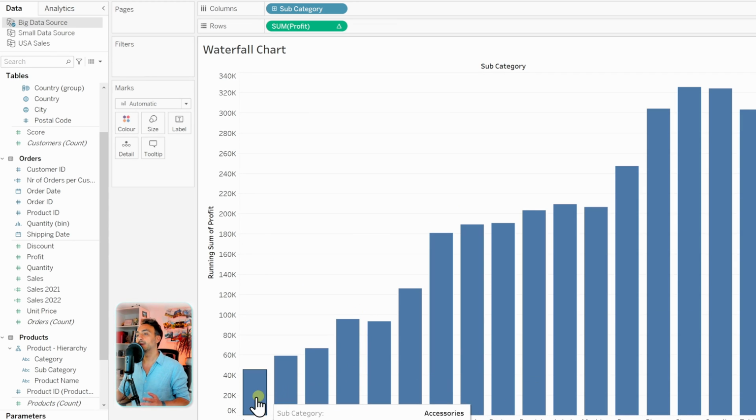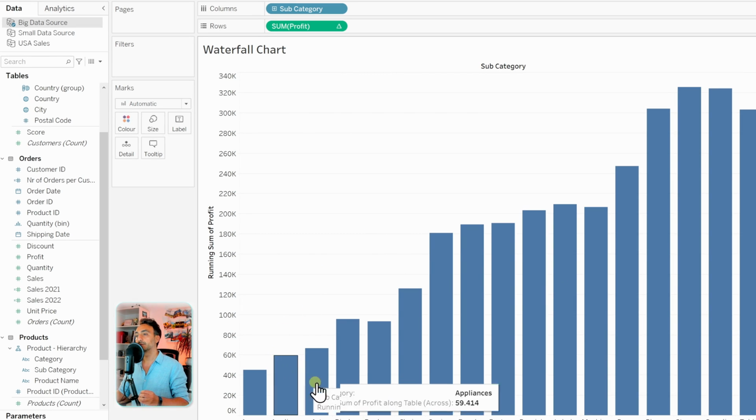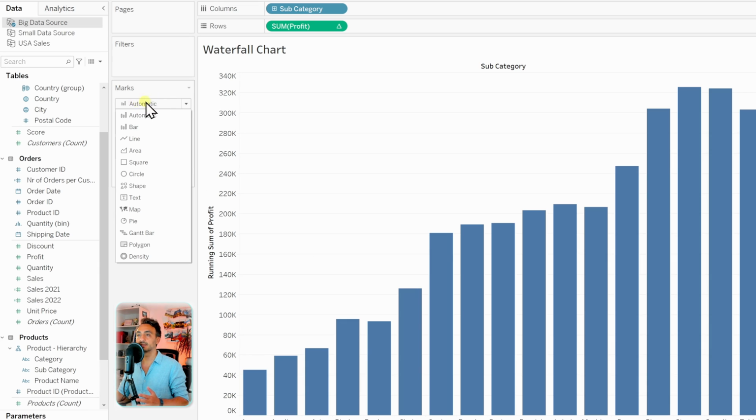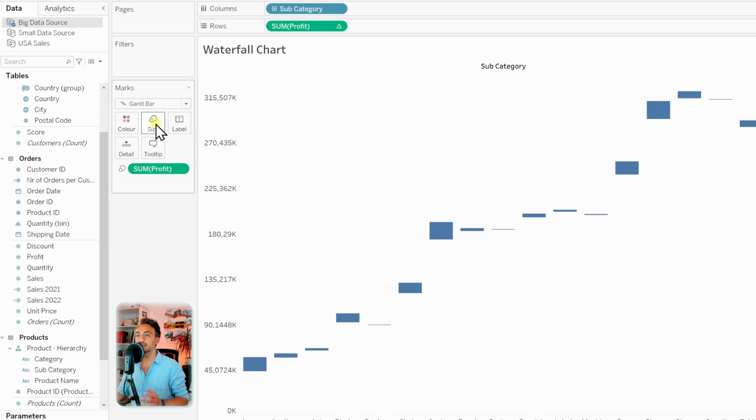So with that you can see we now have a running total of our data, but still it is not a waterfall. So in order to do that we have to switch it from the classic bars, so let's go to the marks over here, to the Gantt bars. Alright, so with that we got the basics for our waterfall, but now the size of each line is gonna depend on the profits. So let's go again and grab the profit to the size,